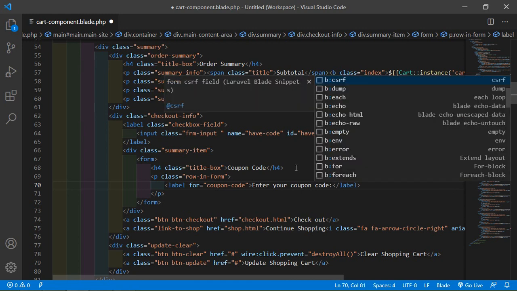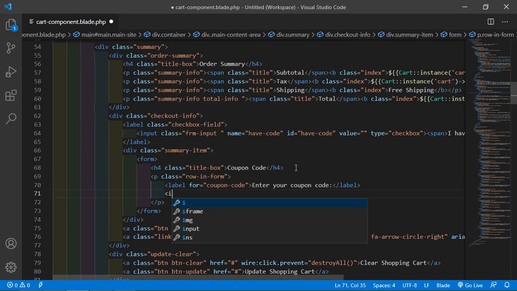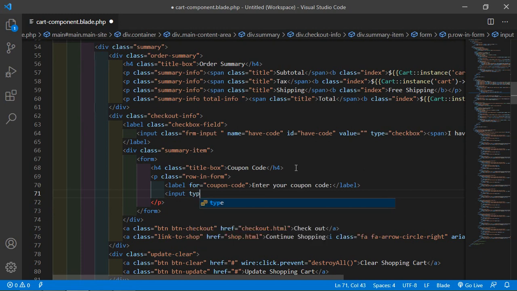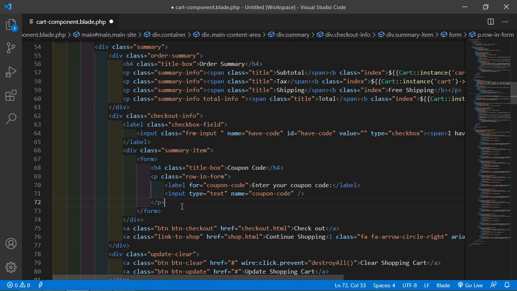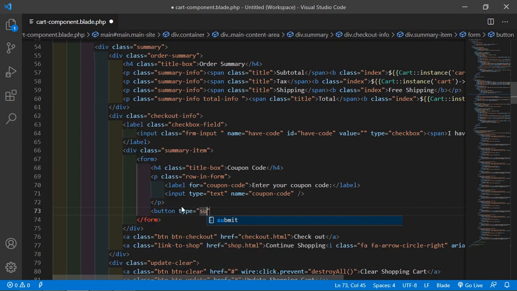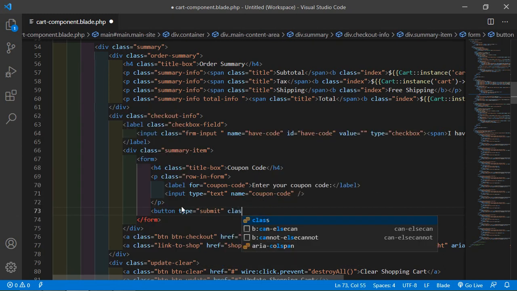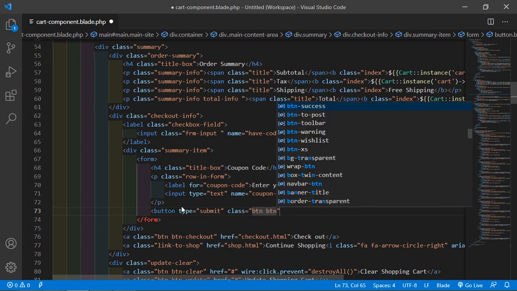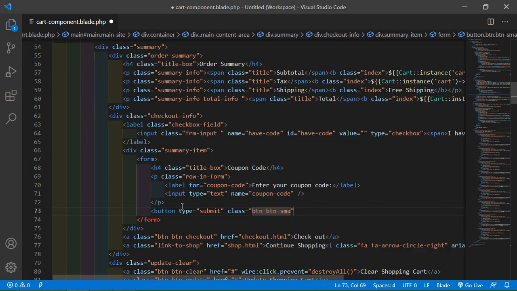After this label, add the input text field. Input type is text. Also add the name coupon-code. Now close this input field, and after it let's add a submit button: type is submit and class btn-small.